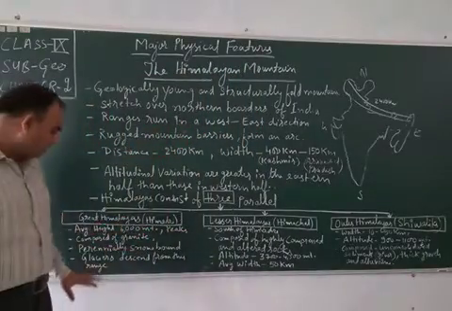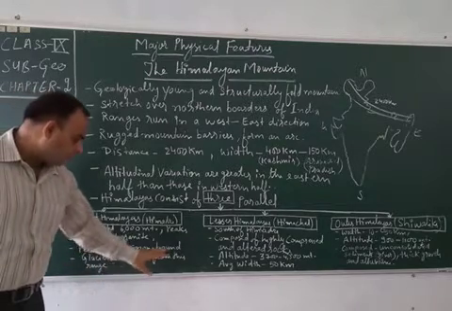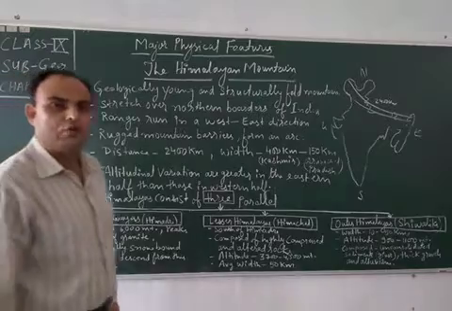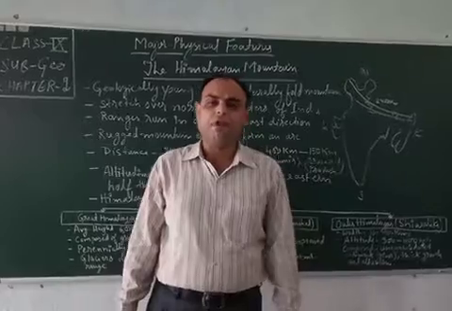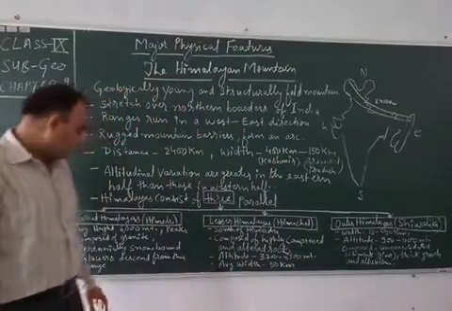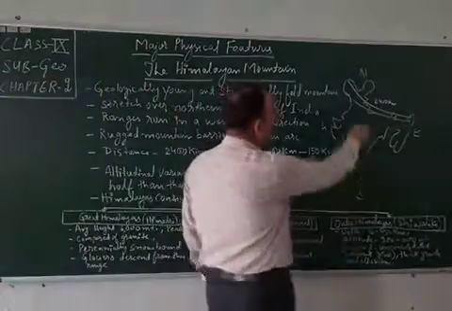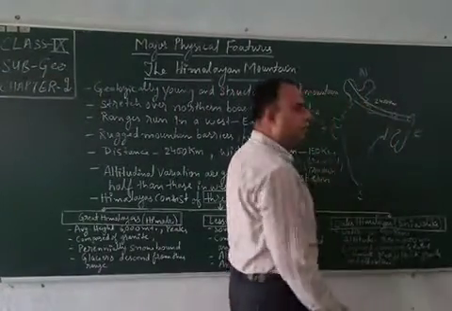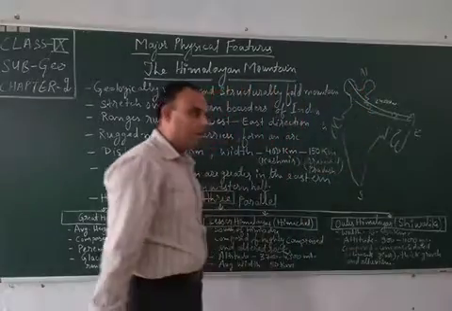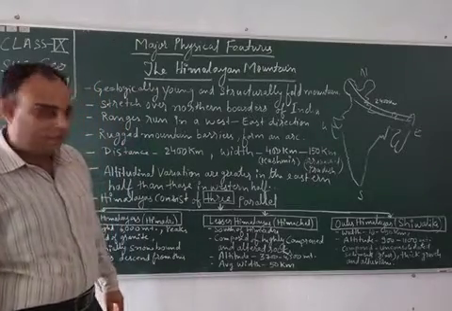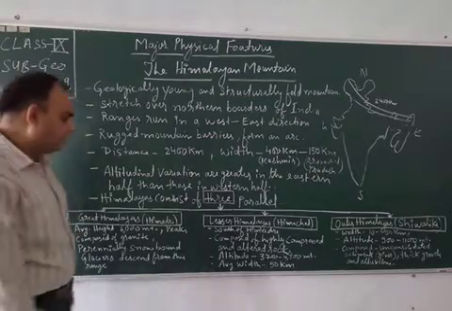Himadri or the Greater Himalaya has perennially snow-bound regions, which means throughout the year it is covered with snow, and a number of glaciers descend from this range. All the glaciers located here move downwards, descending from the Greater Himalaya to the other ranges. So this is all about the Great Himalayas.